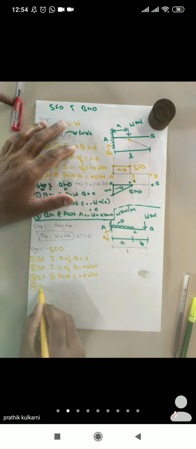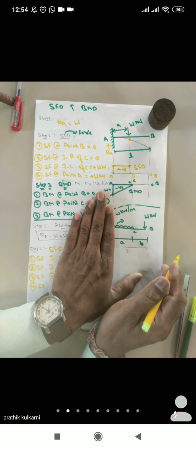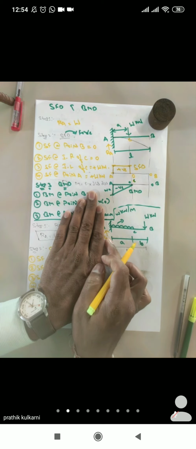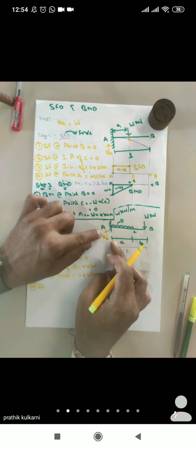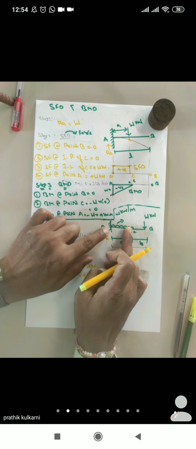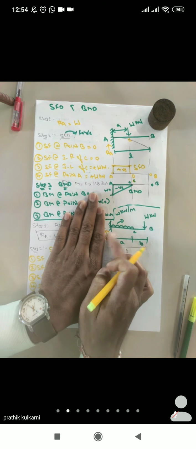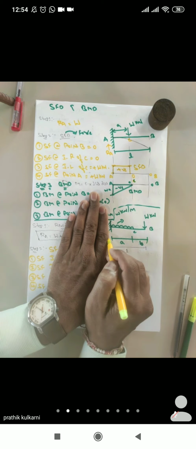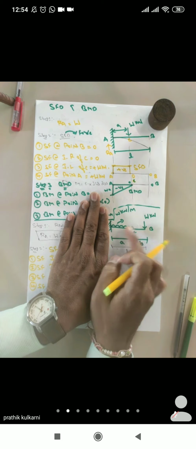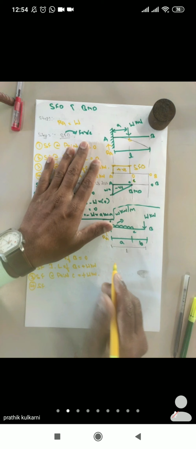Now the fourth point, shear force. Slowly I'll come from point C. The loading is the same. Now we have received one more point load. This reaction will also act as a point load. So whenever we come across a point load, as I said, we have to go with just right and just left. Just right of point A, you can't see your reaction, but you can see these two forces. Is it acting clockwise or anti-clockwise? It is acting clockwise.